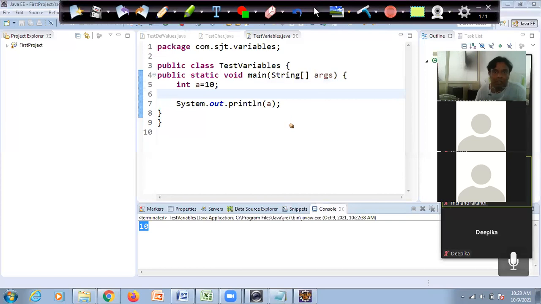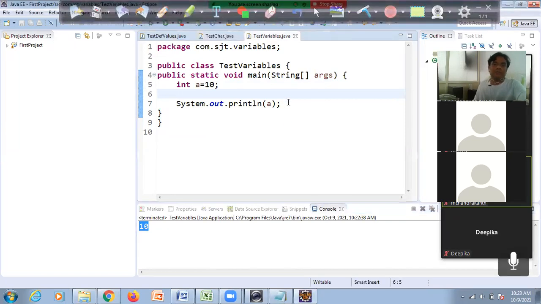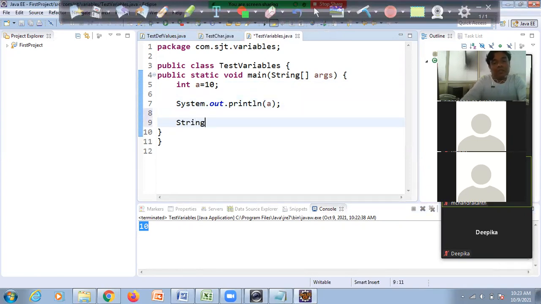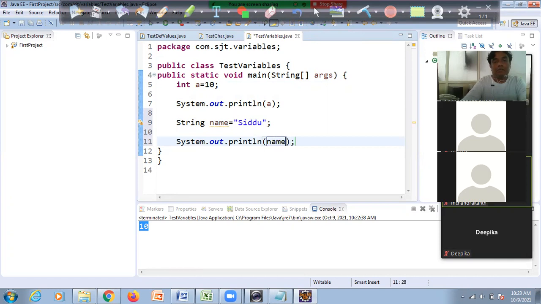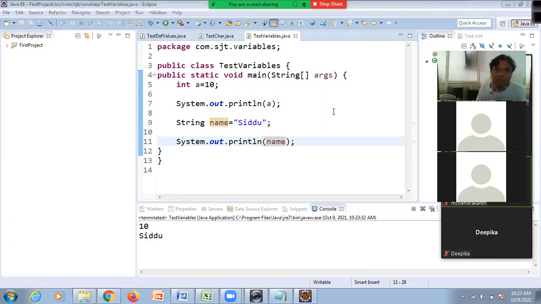Fine. Now the same thing I am going to apply for a string variable. This is a confusing part. How this is printing, for this somewhat understanding is needed. Name is equal to some name I am going to provide. Right, so here also it behaves in the same way.